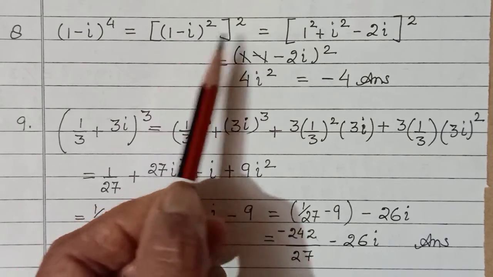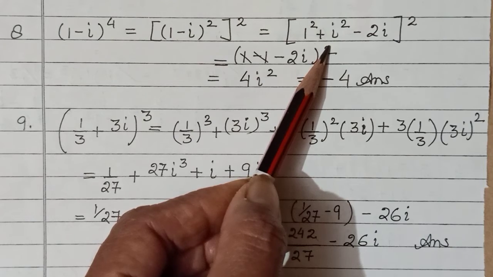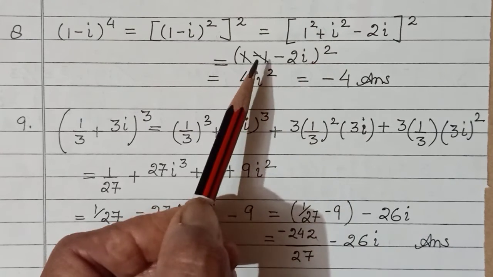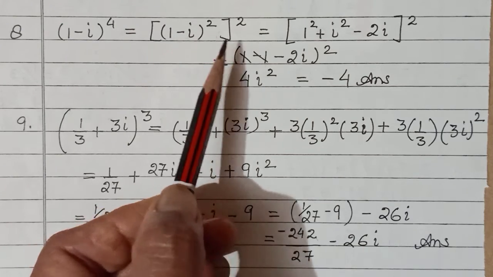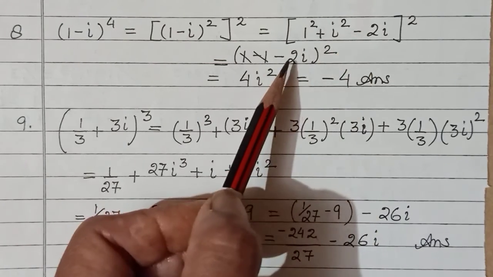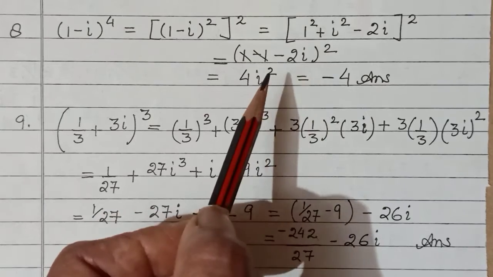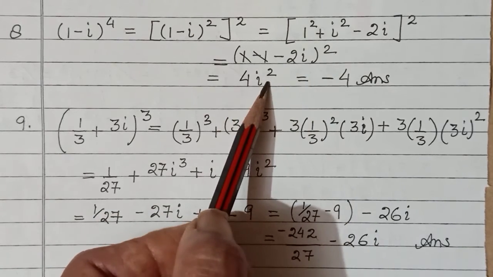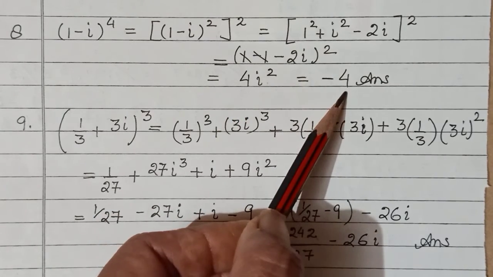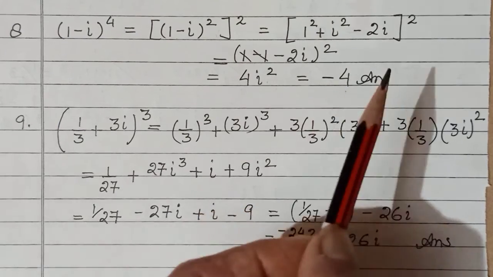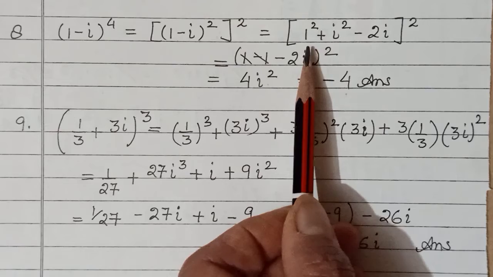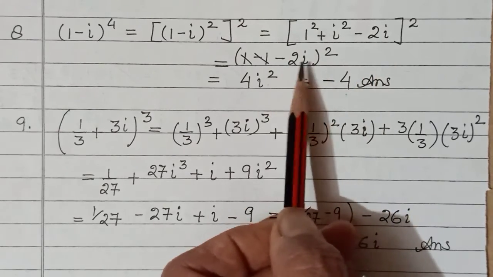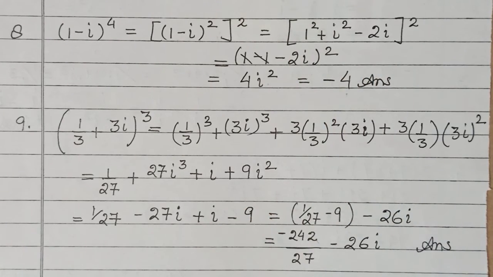So square of this, 1 square is 1 and i square is going to give you minus 1, would cancel out, and then the third term, the product term minus of 2i, which further on squaring would give you plus 4i square, then i square is minus 1, so this becomes minus 4. Okay, so simple algebra you have to apply, there's no problem there. Just solve this bracket first, simplify it to the maximum and then square it again, obtain your answer.